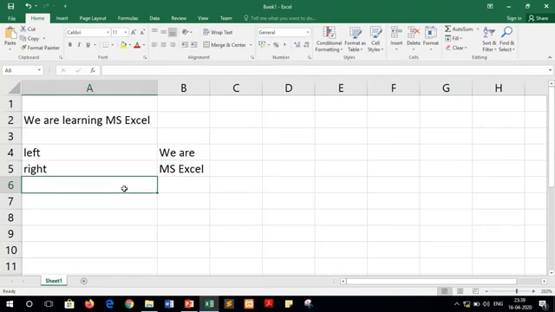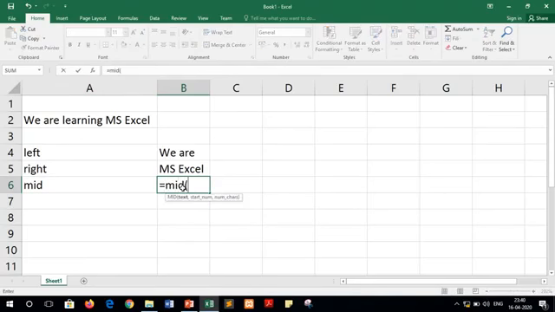Now suppose we want to fetch a word from the middle of this given string. For that we have to use the mid function, or the middle function. So we will write equals to mid, and suppose you want to fetch this word, learning. First we have to select the string, then we have to write the starting point of this particular word, that is, it is our 8th character, and because this word has a total of 8 characters that we have to fetch, we will write 8. So it will give us the value learning in this case. Fine. I hope that you have got this much.